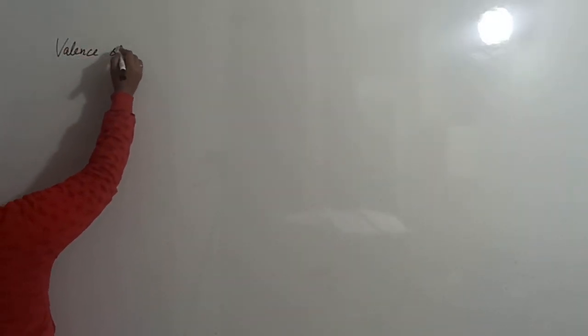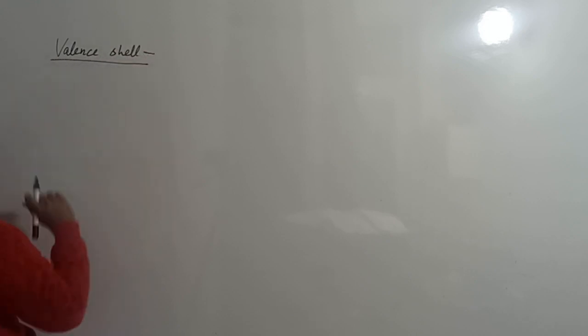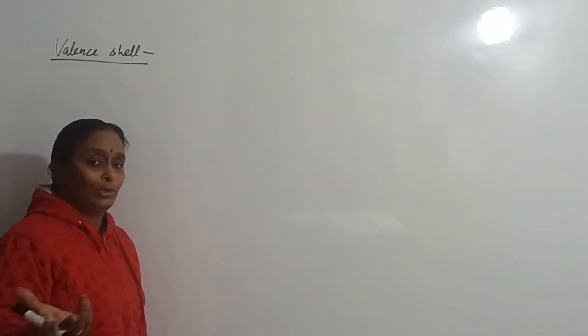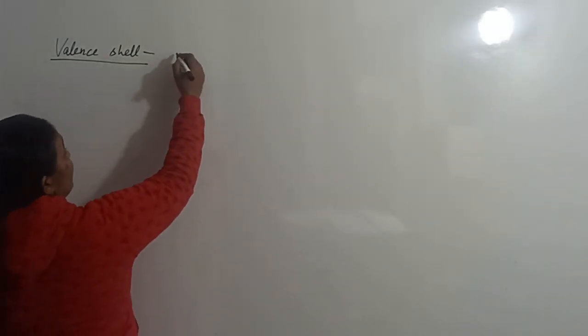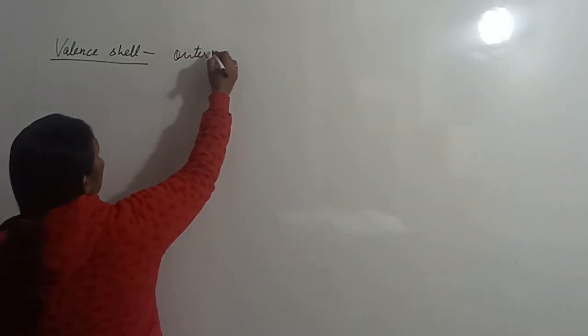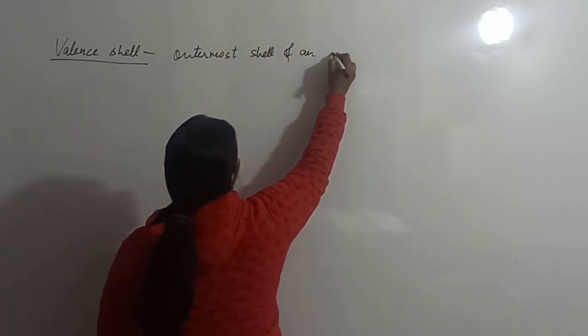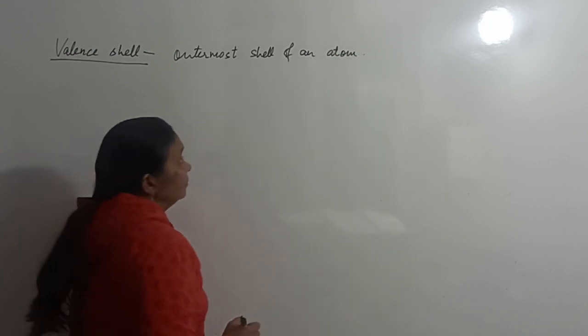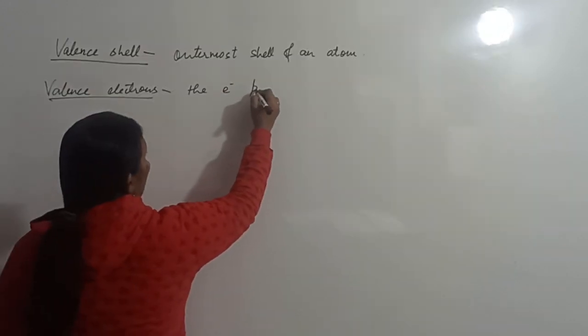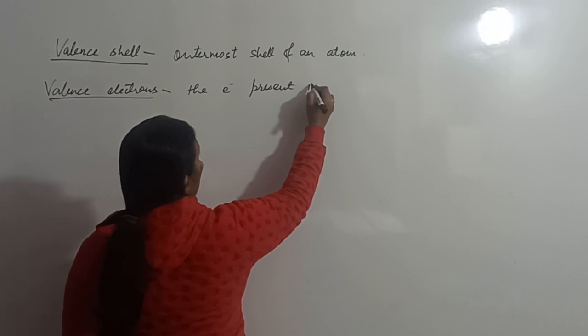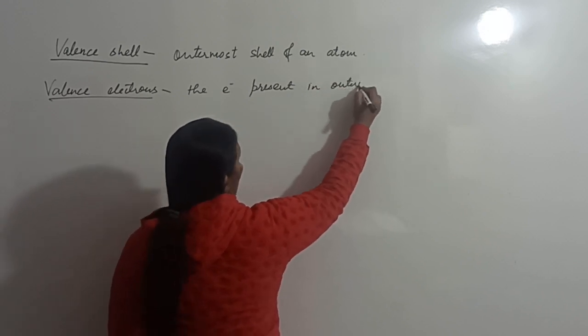So what do you understand by the term valence shell? You have heard this term earlier also. Valence shell means the outermost shell of an atom. This is the valence shell. Then another term is valence electrons. So the electrons present in the outermost shell